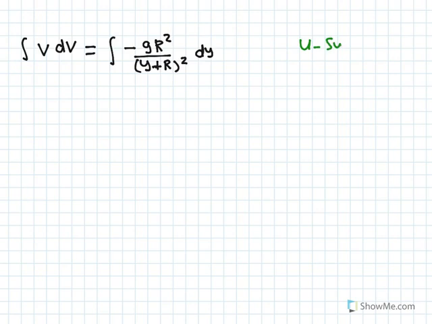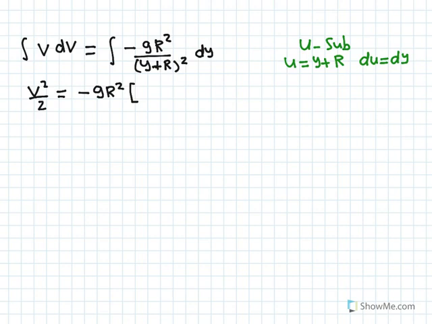So let's write this in, U sub. Let U be equal to the inside function, y plus r. Differentiate both sides, and we get du is equal to dy. So on the left-hand side, integrate v dv, we get v squared divided by 2 is equal to minus g r squared, which is a constant, passes through the integral, and the integral of 1 over (y plus r) squared dy, applying U substitution, that just gives us 1 over y plus r